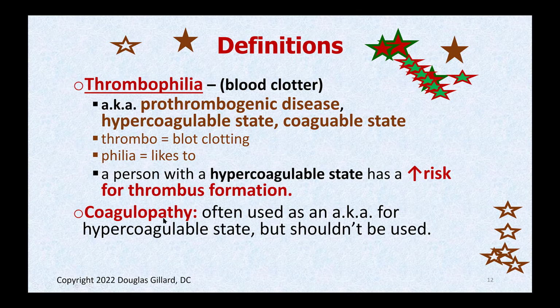Coagulopathy. Authors often use coagulopathy to mean a thrombophilia, or you have a clotting state of your blood, but it's not a good term, and they really shouldn't use it, because coagulopathy means there's a problem with blood coagulation, but maybe the problem is it doesn't coagulate enough, and you're a bleeder, you're a hemophiliac. So watch out for that one. If you see this, hopefully they've weeded all those out of the board questions, but that's a terrible AKA for hypercoagulable state. So watch out for that one. I will use it correctly. That's a general term, and it could mean you're a thrombophiliac or a hemophiliac.